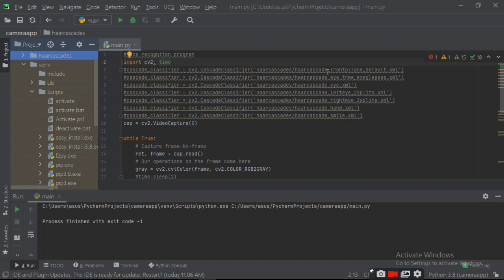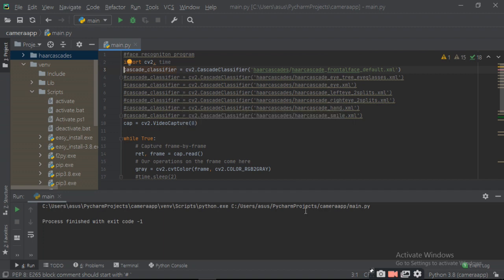Then haarcascade_frontalface_default.xml. This classifier defines the thing which can recognize your face, and then capture equals to cv2.VideoCapture. It will capture your image and recognize your face.